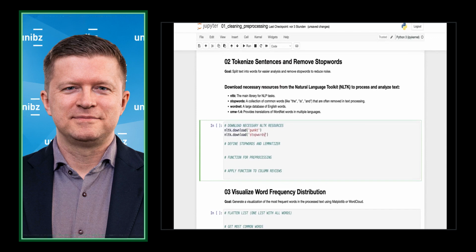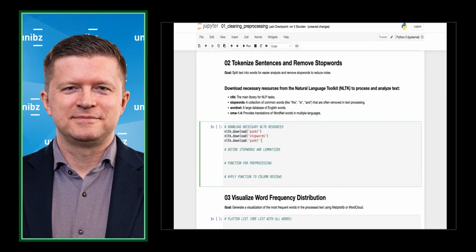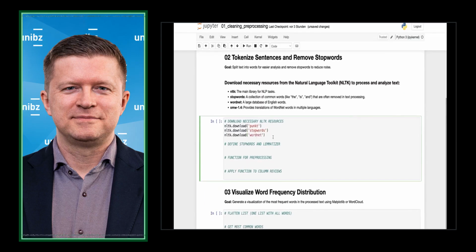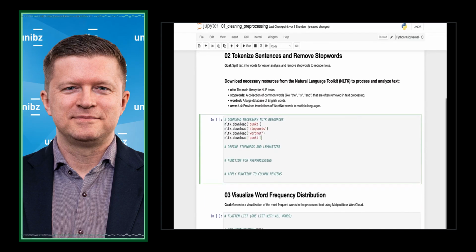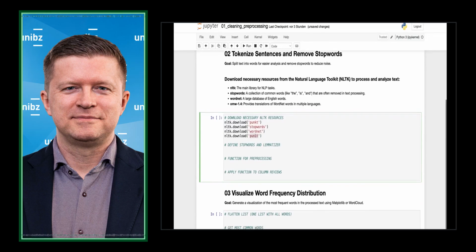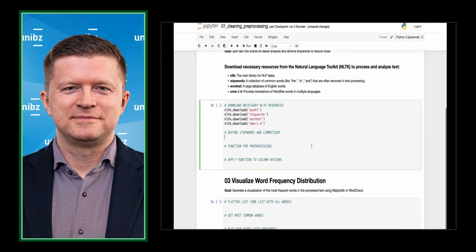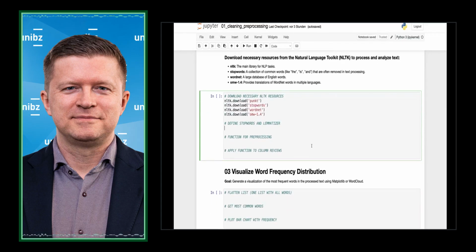After stopwords, we have WordNet, which is just a large database for English words. And we don't want to reduce it to English. That's why we use OMW, which provides translations to a lot of other languages. So then we have to define stop words and lemmatizer to use them later.